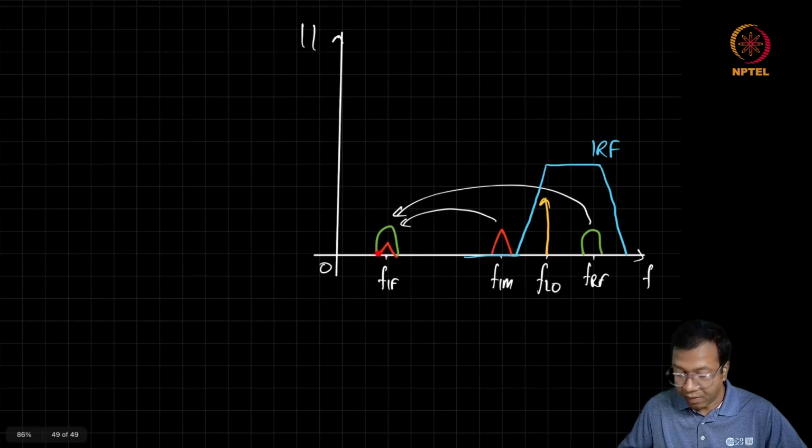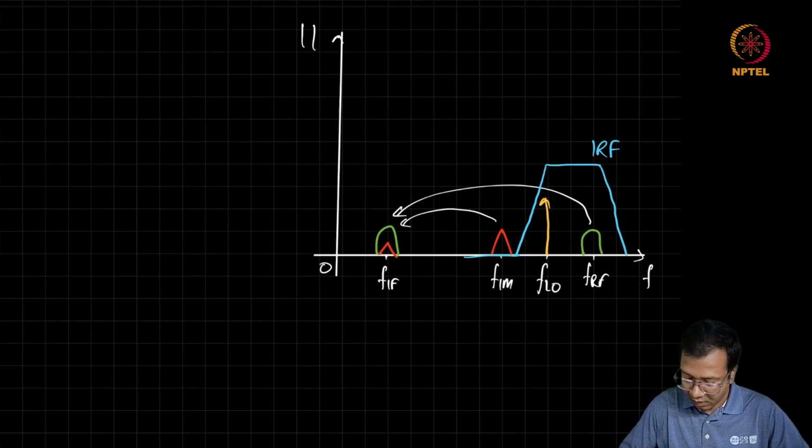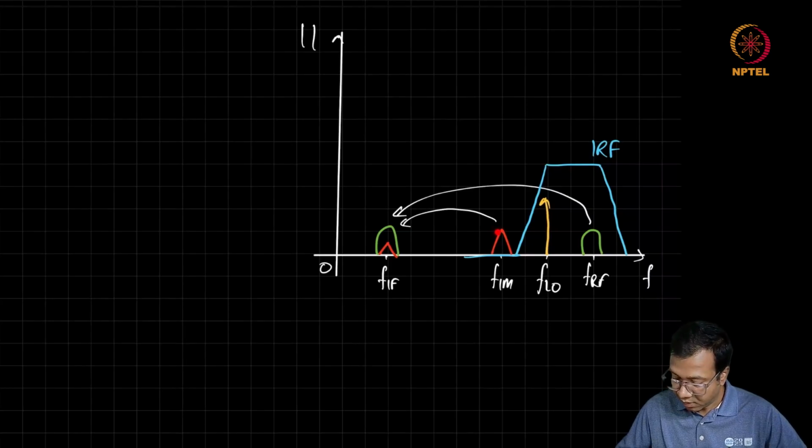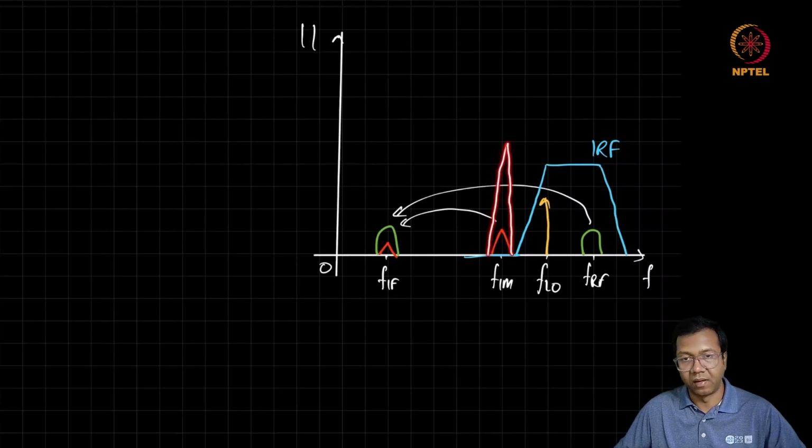Now, depending on the matching of the two paths, we find that there is always some requirement of an image reject filter. And this image reject filter spec can be very tight, because in many cases this image signal can be much stronger than the desired signal. In such a scenario, even after the rejection, you'll find that the image is not so much reduced as compared